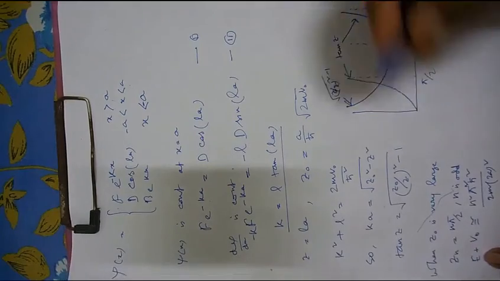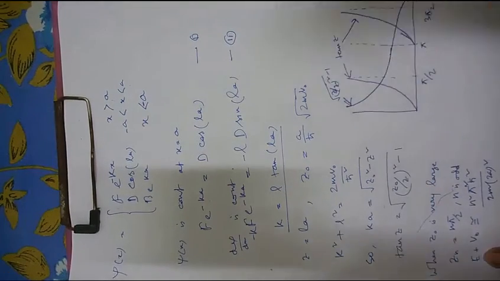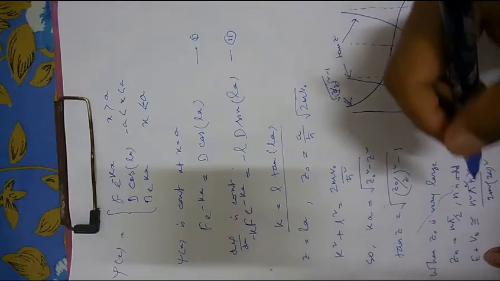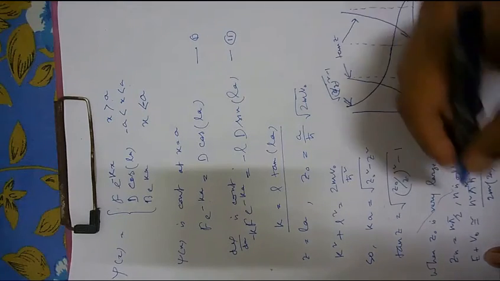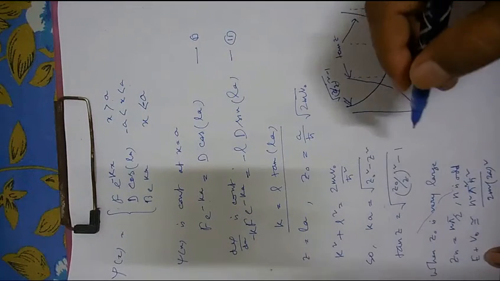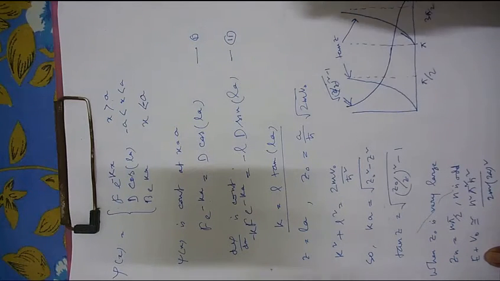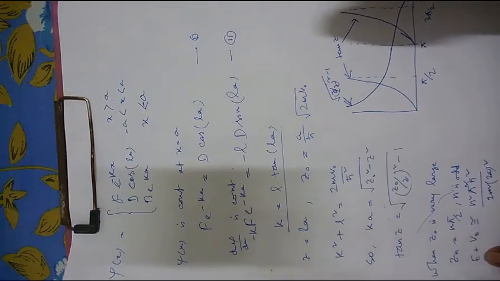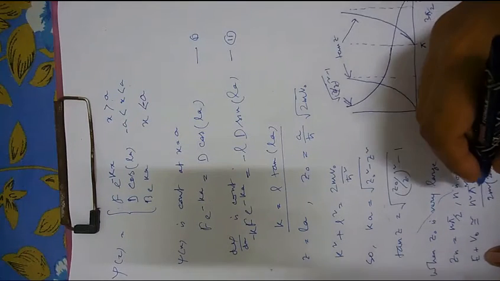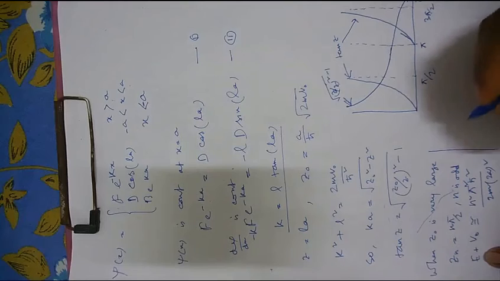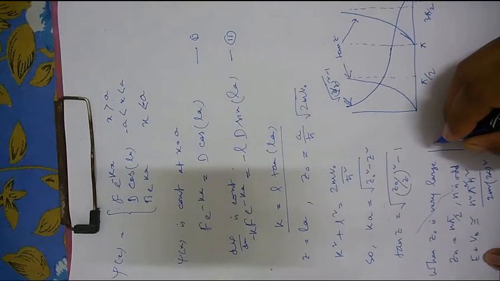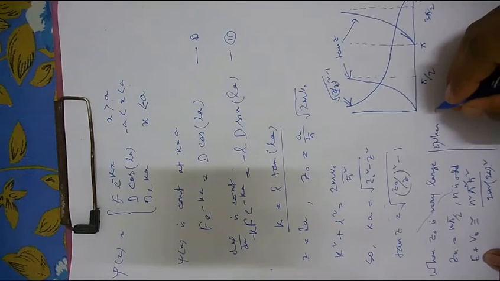However, here there is a bound value of n. So there is a boundary value of n. Above that you cannot go. But for the infinite square well, it is unbounded. You can get any number of energy states. But here it is bounded. So now we will consider case number 2, z0